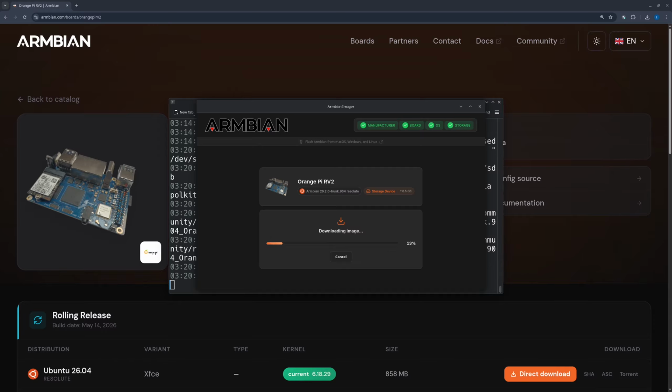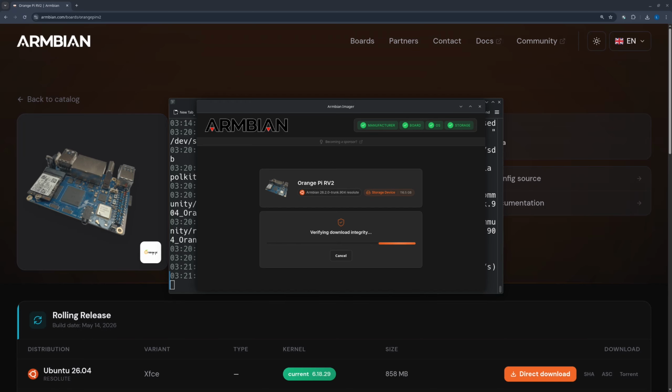The first step for writing the image on the memory is downloading the image. This will be downloaded automatically from the mirror. The second step is verifying the downloaded file's integrity, normally using some method such as SHA. Upon verifying that the download was done correctly, without errors, it will proceed to decompress the file, from MB to GB